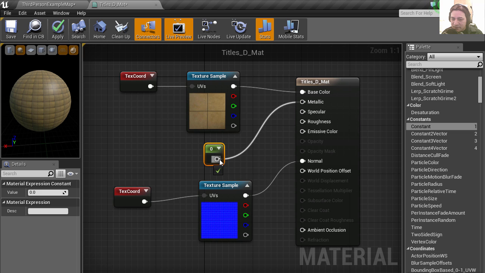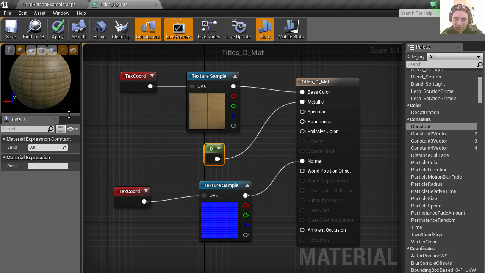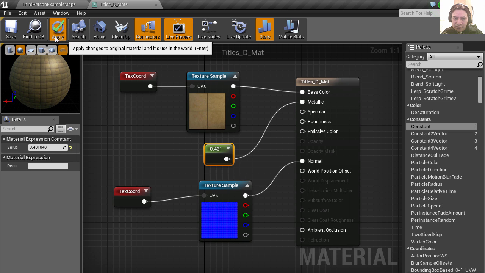Let's connect this to this, and let's edit the value. Let's make it somewhere around there, I guess. That's not too bad. If you hold L, you can drag around the light to check it out. Let's apply this,